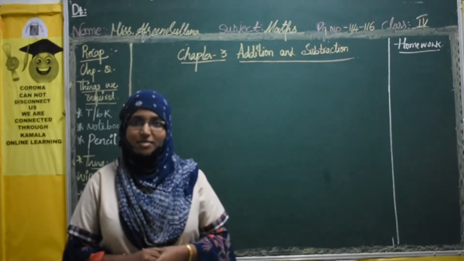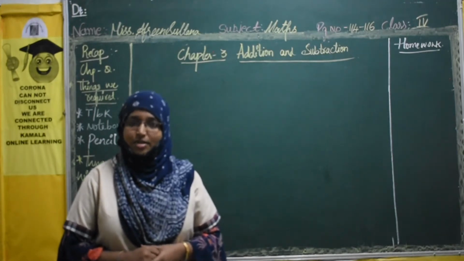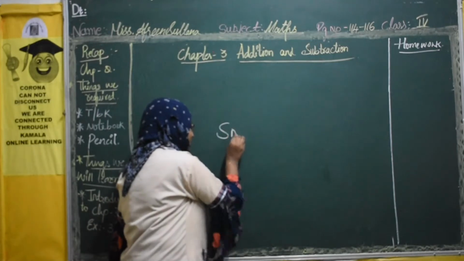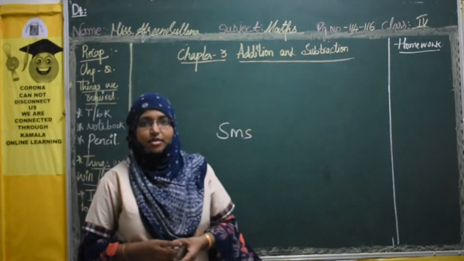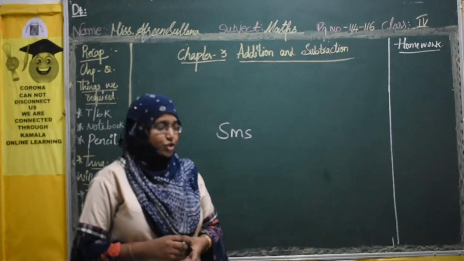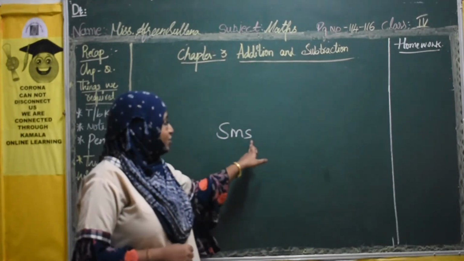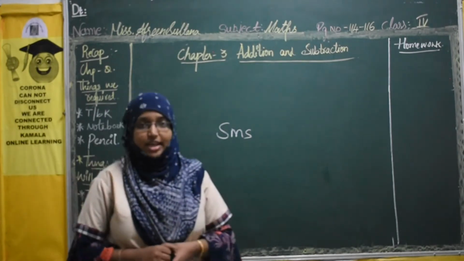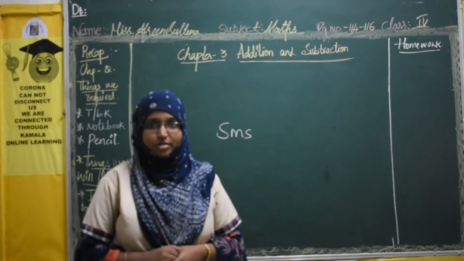Yes, remember what is SMS? S is for social distance, M is for mask, and S is for soap. Don't think SMS is our message, right? S is for social distance. So whenever we are interacting with other people, we should maintain a physical distance and we should wear a mask, compulsory it is, and we should use soap to clean our hands. I hope everyone is following SMS and eating healthy food, fruits, vegetables, and drinking hot water, right?